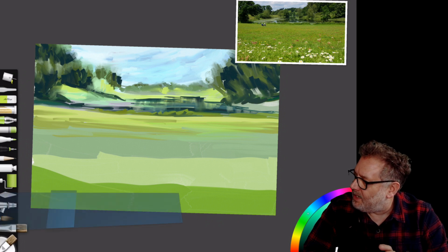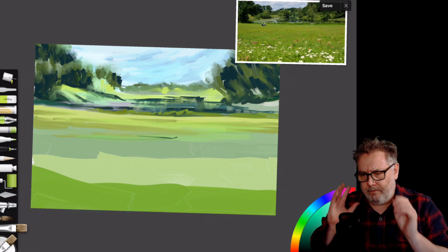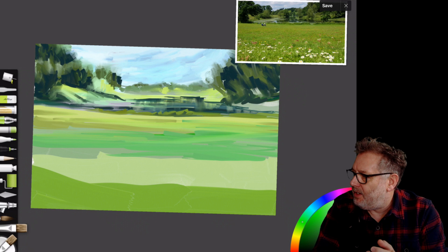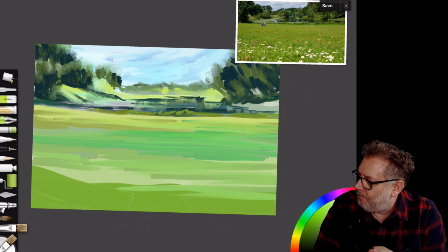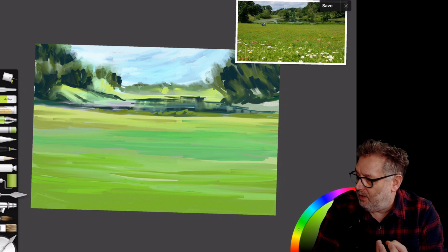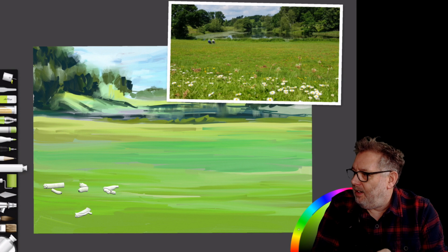The only thing is, I think I've got too much yellow in the background. The background's got to be pushed back, and that's not happening at the minute because of that yellow there, so I've got to sort that out. And then I've got this sort of bright green in the middle ground, so it's all looking a little bit weird at the minute, and what's going through my head is, what am I going to do with the foreground? But luckily enough, I've got all these little daisies in there, so I think, right, okay,